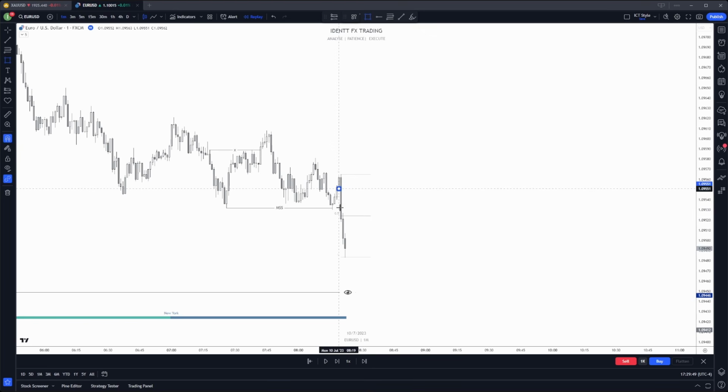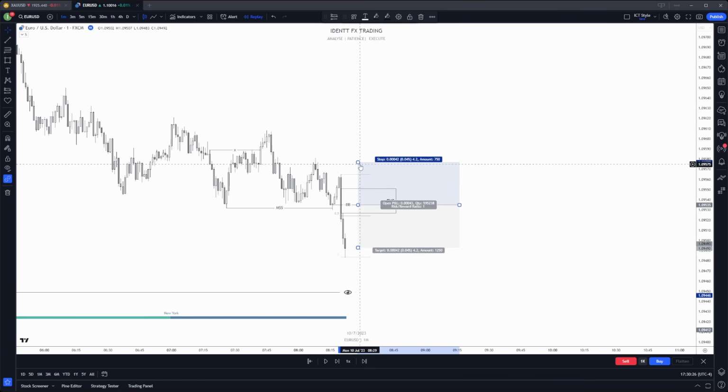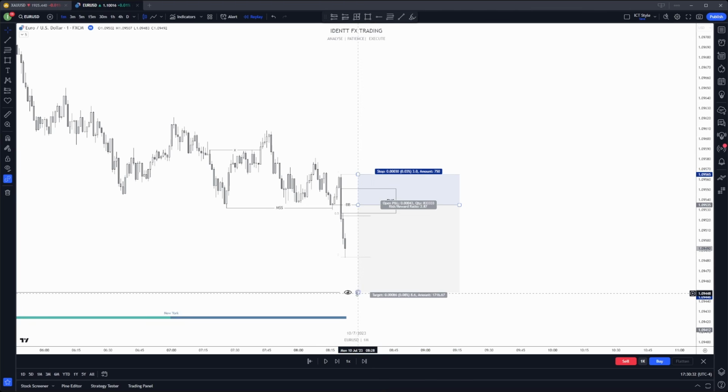Now I quickly mark up the FVG, which is the fair value gap. And as an additional confluence, I will be using the breaker block that we have right here, as a means to actually know where I can put my limit order. So this is where I set my limit order. I simply covered that high, and my target was the draw on liquidity that we identified on the higher time frame.